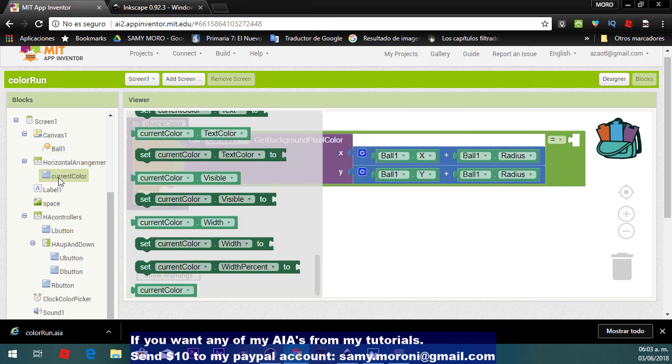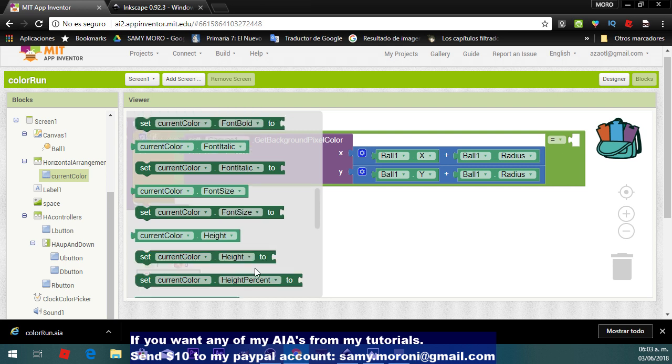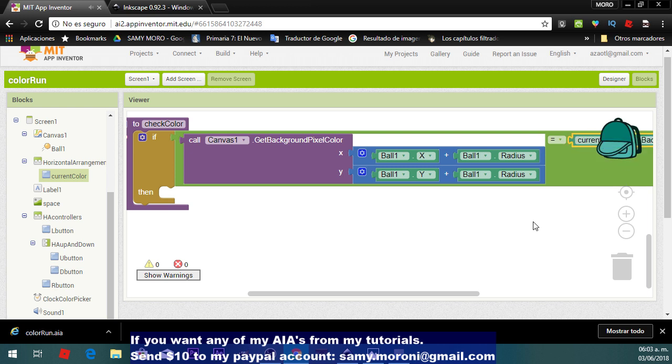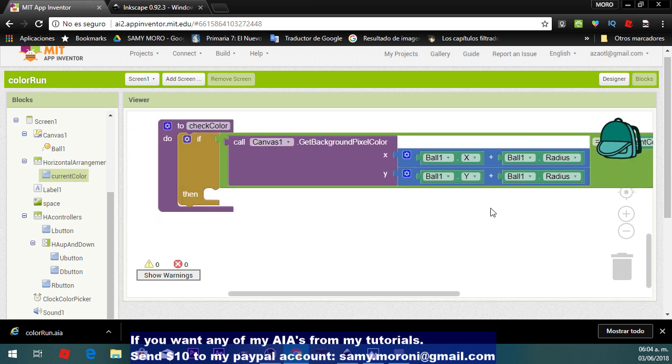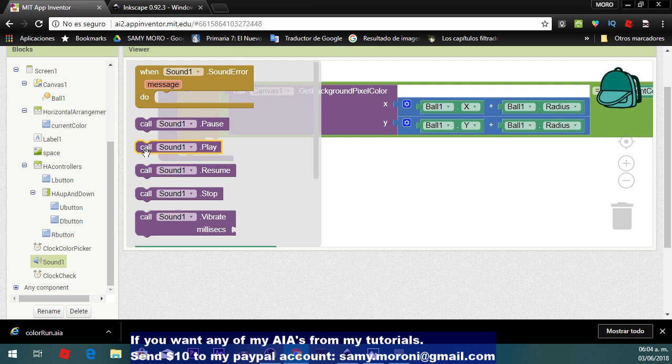So we're going to go to current color, the button, and we are going to select background color. We just insert it in here, and now if this is true, okay, if this is true, we are going to play a sound,